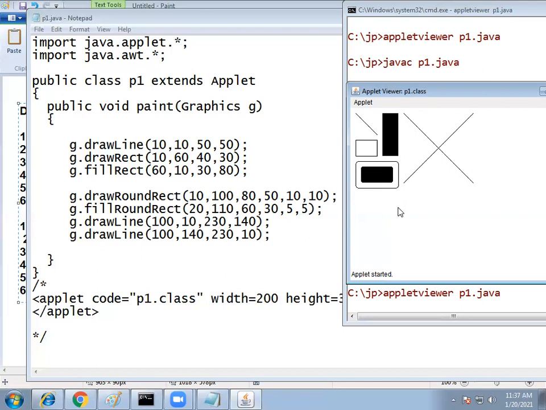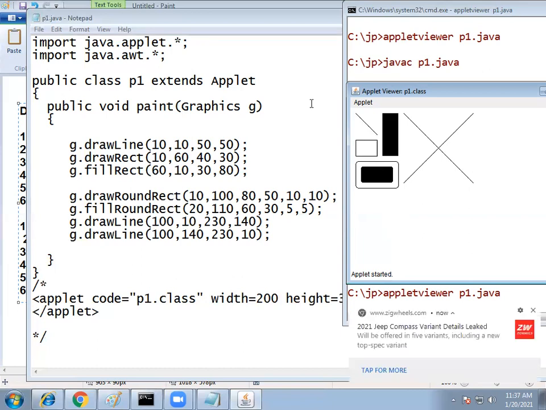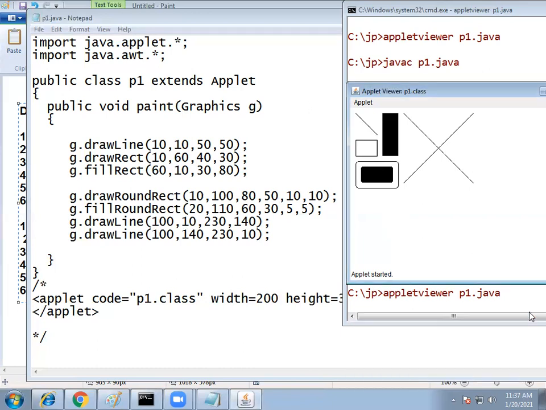So this is about some basic applet programs. In the next video, we will discuss some other additional shapes. So this is about the sample applet programs. Remaining programs we will discuss in another session. Please note down this code and then we'll close.